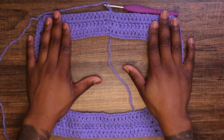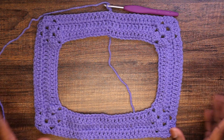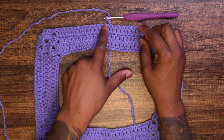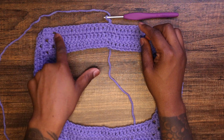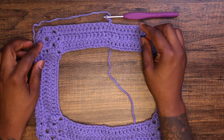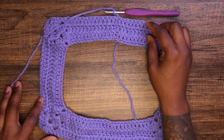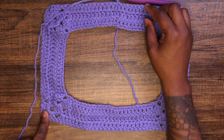So this is how we are looking so far. It's very simple, very repetitive. You double crochet down to that last stitch, making sure you go into that first double crochet. You increase before and after every shell stitch with 2 double crochets in that last double crochet. You do your shell stitch, double crochet, increase, all the way down, increase, shell stitch, increase,